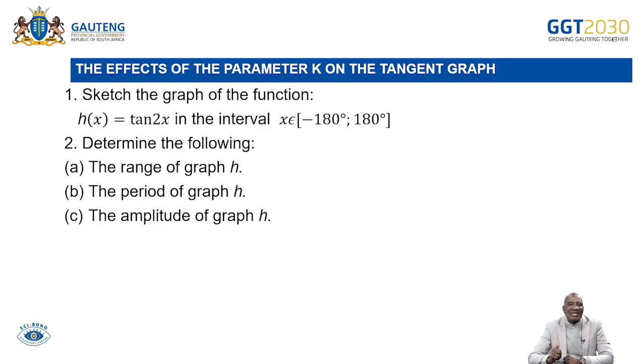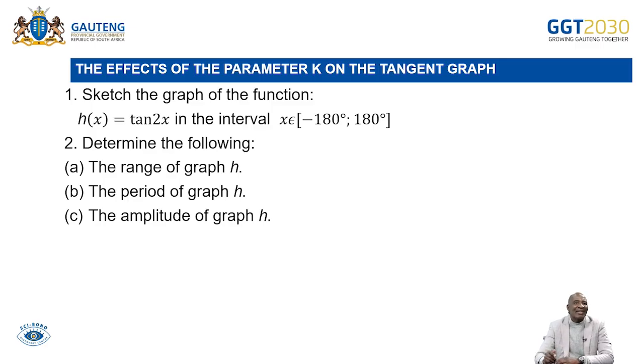Is range going to change here? Is period going to change? Is the amplitude going to change? Looking at the nature of the tangent graph, but seemingly from the first two that we have done, there are specific things that get affected by introducing this